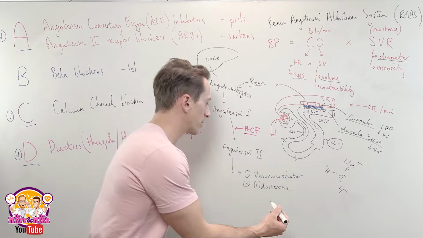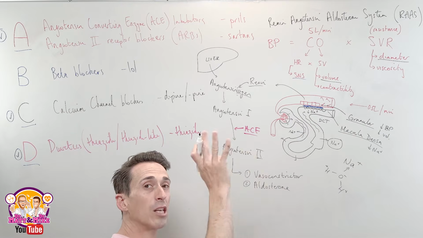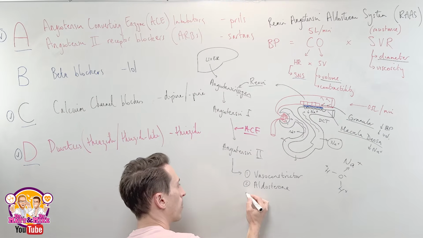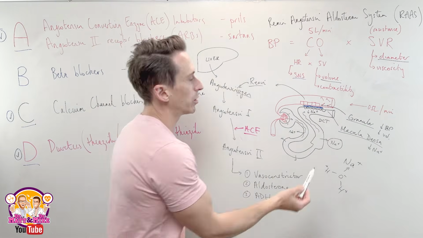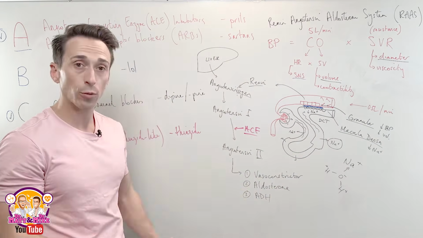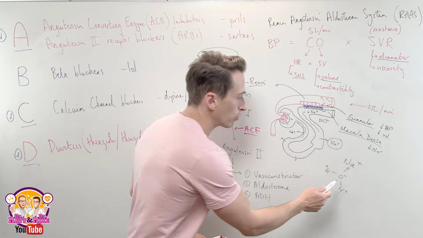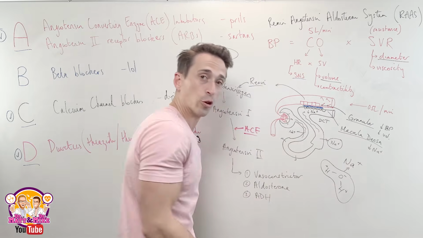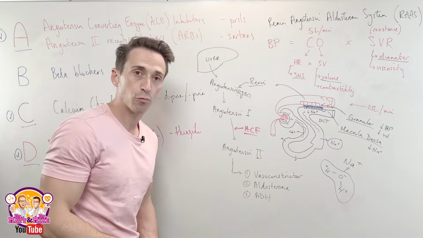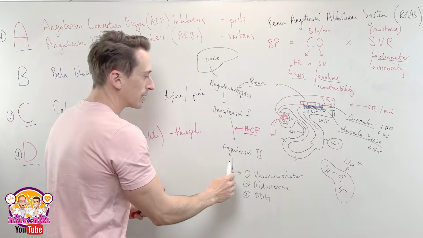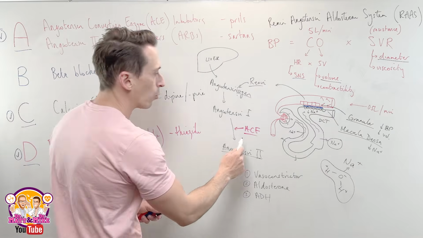Awesome. What else? Angiotensin 2 stimulates at the hypothalamus the release of ADH, antidiuretic hormone. What does ADH do? Travels to the distal convoluted tubule, similar to aldosterone, but instead of throwing sodium back, it just bypasses that and just throws that water straight back in. Again, increasing blood volume, increasing cardiac output, increasing blood pressure. Awesome. So you can see the importance of angiotensin 2 here in increasing blood pressure, and also the importance of